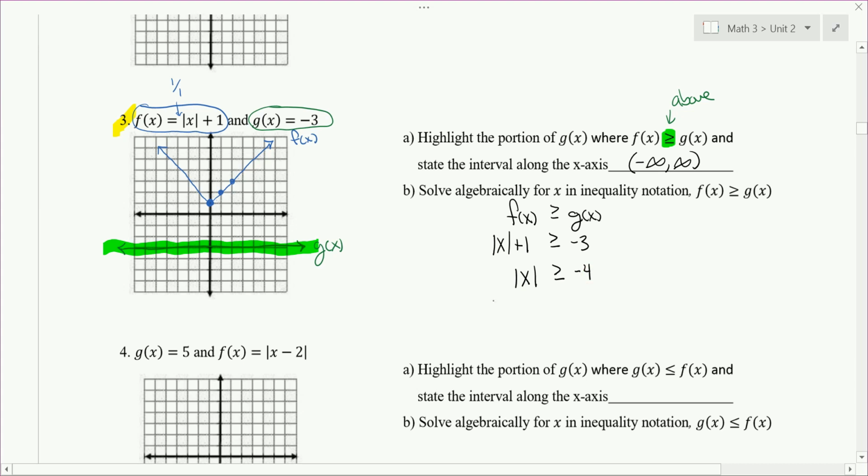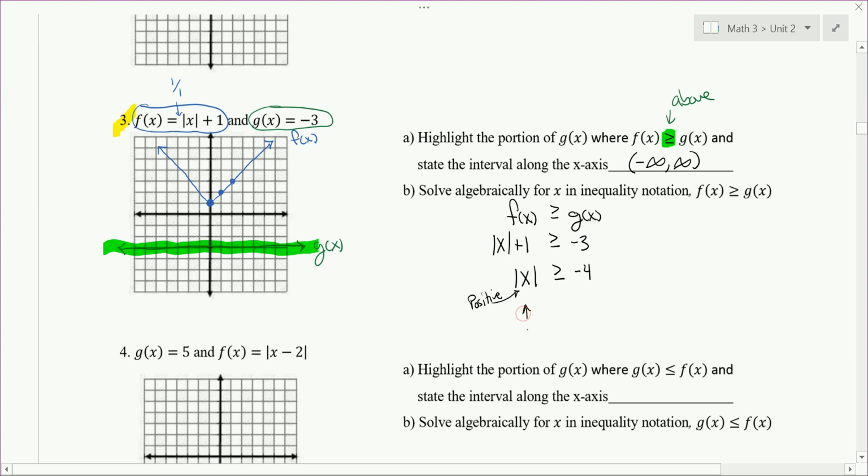Well, we know that when you take the absolute value of a number, it's always positive. So this right here is asking us the question, for what values of x, or when is a positive number greater than or equal to negative 4? Or when is a positive number greater than or equal to a negative number? And the answer is always. It doesn't matter what x values we plug in there, it's always going to be. Even if we plug in 0, the absolute value of 0 is 0, that's going to be bigger than negative 4. And so all x values,